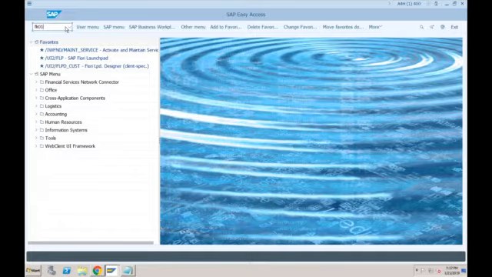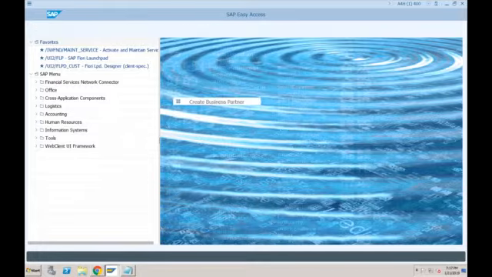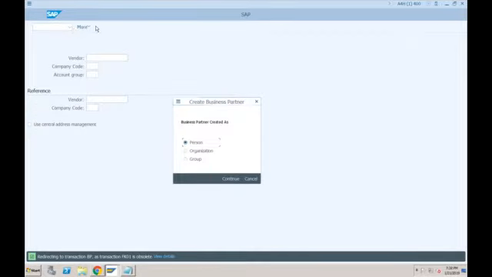Now, any transaction you try, FK01, MK01, or XK01, that will not work. And you will get a message that the system is automatically redirecting to transaction BP as transaction FK01 or XK01 or MK01 is obsolete. So all these three old transactions are not going to work in SAP S4HANA because in SAP S4HANA, any vendor you want to create, you have to create it as a business partner. And the system is automatically redirecting to transaction BP.